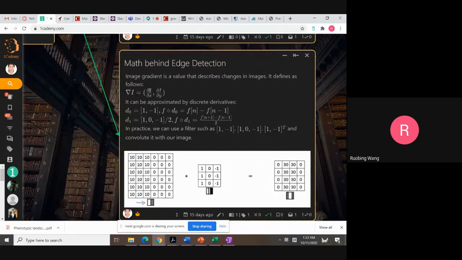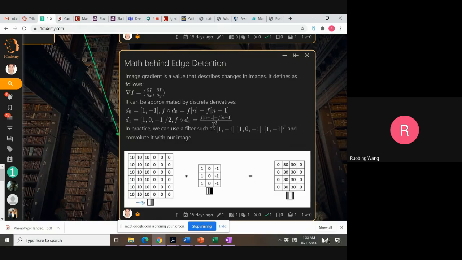We take the partial derivative of I with respect to x and y. In practice, we use a discrete derivative to approximate it. Normally, we use these two kinds of gradient filter. D0 is 1, minus 1: we subtract F(n minus 1) from F(n). And D1 is where we take the average between